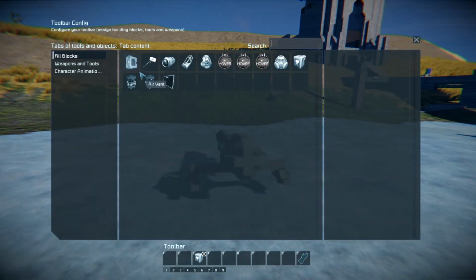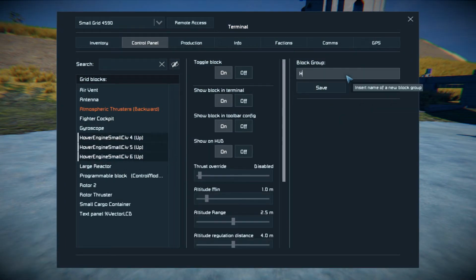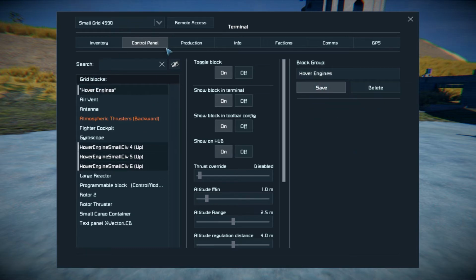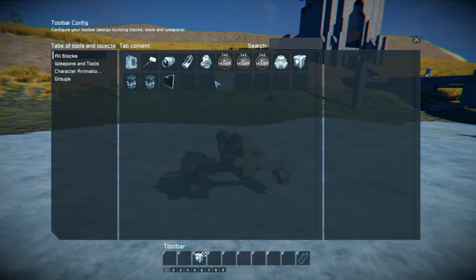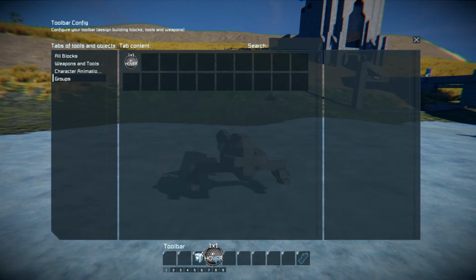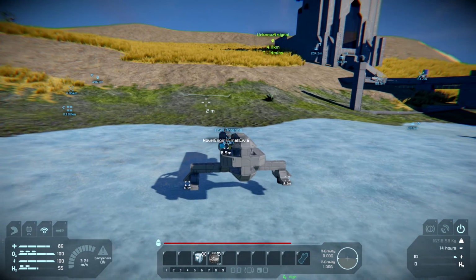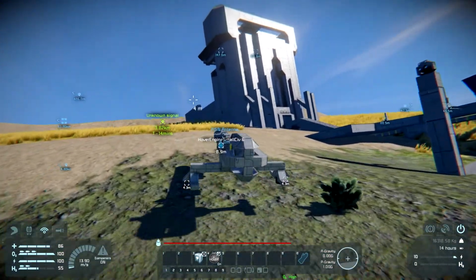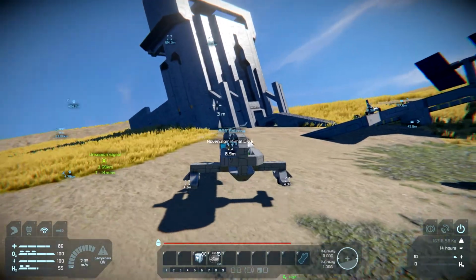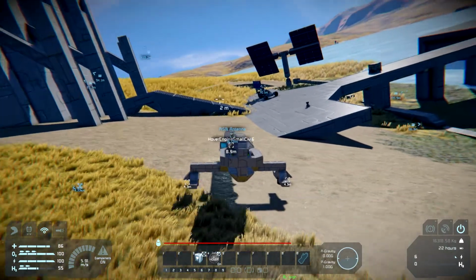I think I will go back to the platform, then land that thing on the wheels. Maybe we can immediately arrange that. Hover engines, save that, and then get that on the HUD and have it, yes, so that I can hopefully land it on the wheels there. That works out, hopefully. Don't crash it into the...